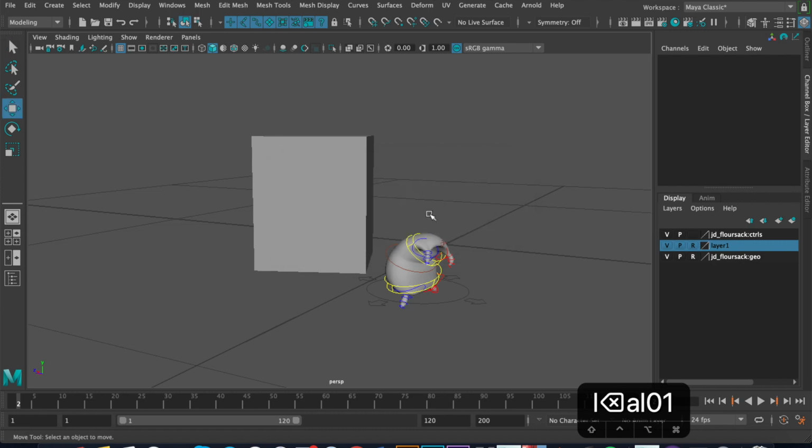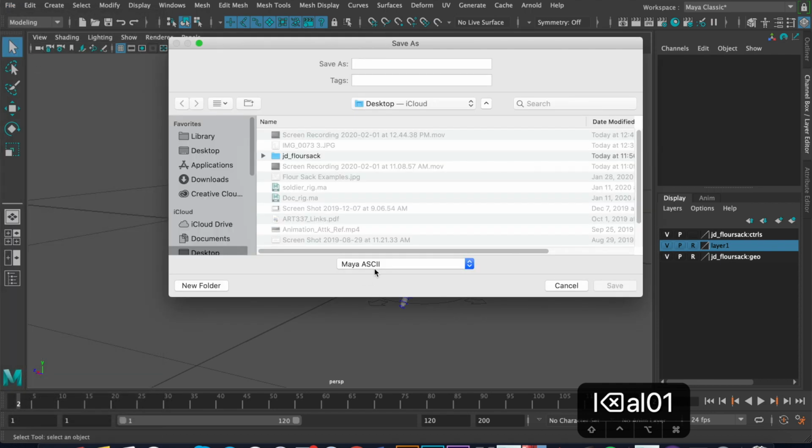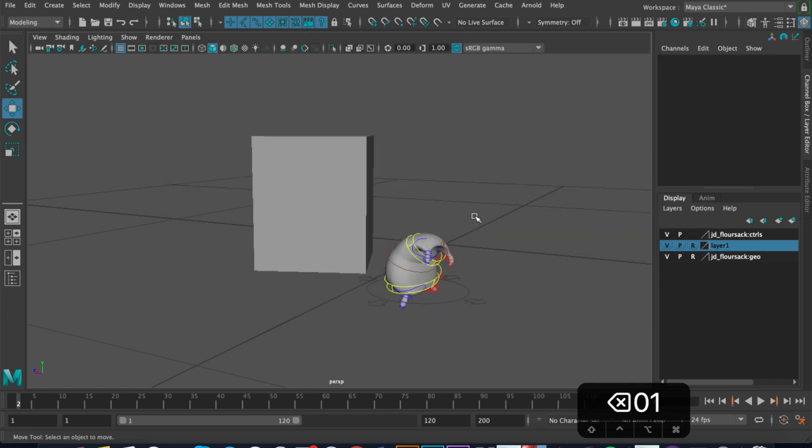Okay, so if it does say that, sometimes you'll just have to save. File, save as. Save as binary. I know I told you guys not to do that. But if you have to, please save your work. And then just save as binary instead. Continue. Okay? So now,